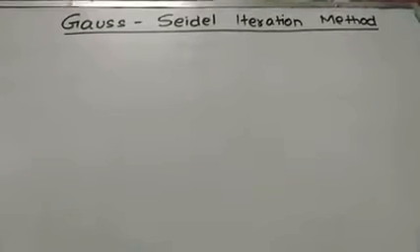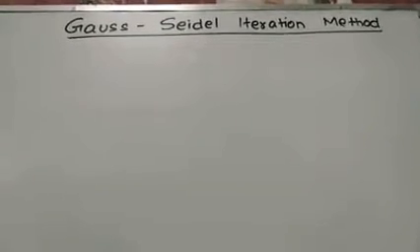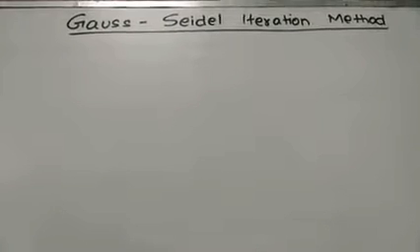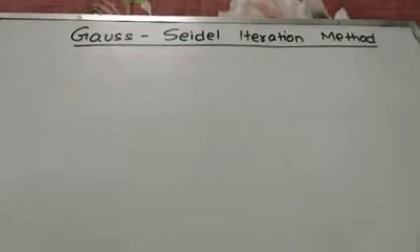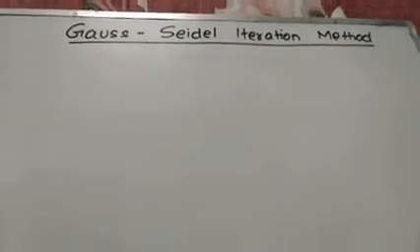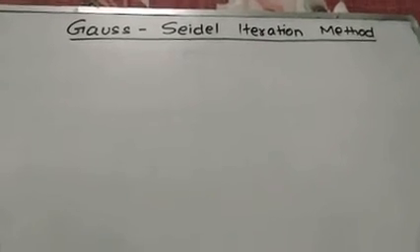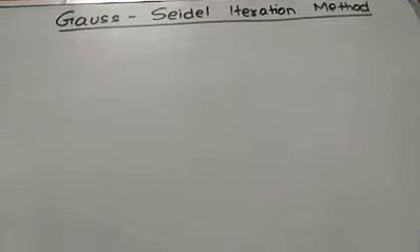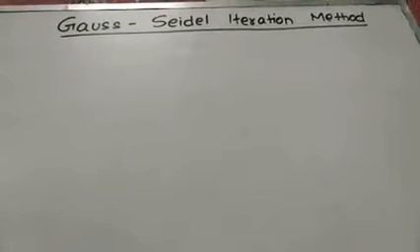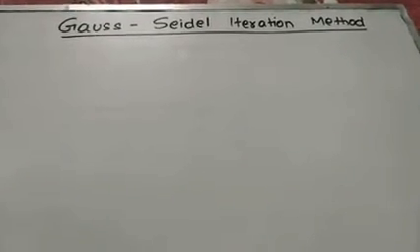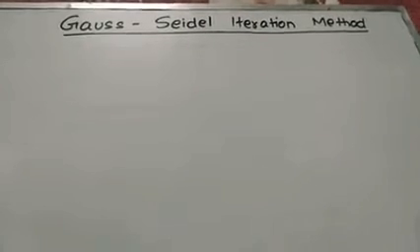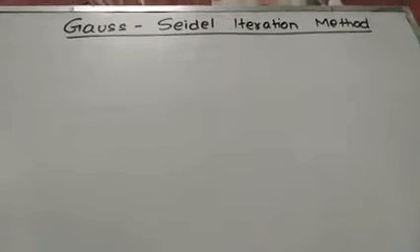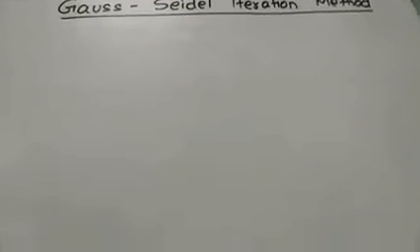Now, the Gauss-Seidel method and the Gauss-Jacobi method are almost the same. If you are familiar with the Gauss-Jacobi method, you know how to find the roots, what the iteration formula is, and what diagonally dominant means. If you know all about this, then Gauss-Seidel is one of the easiest for you. So first of all we will see the working rule of this Gauss-Seidel iteration method.